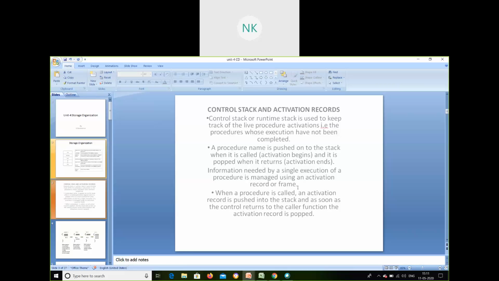It also saves the local variables, any temporary variables being used, and optional things like calling a different procedure. Is it calling procedure B? Yes, so that link has to be given. That information will be given if it is calling another procedure.